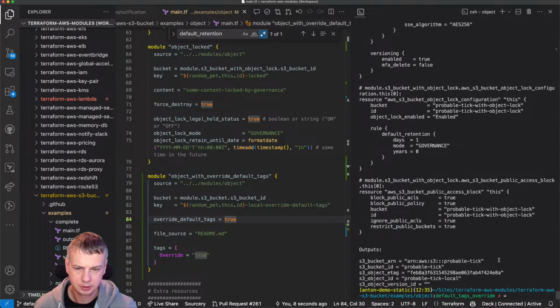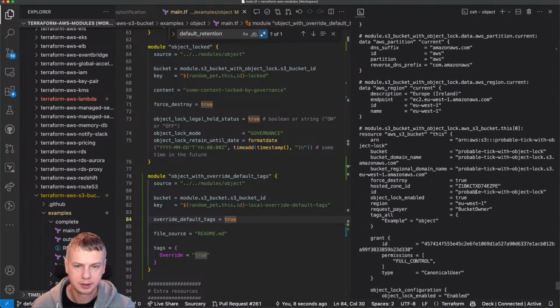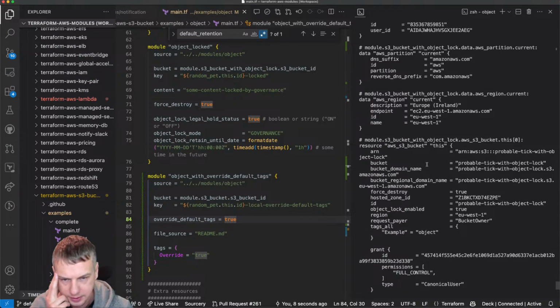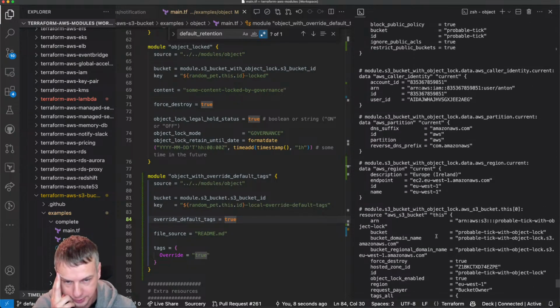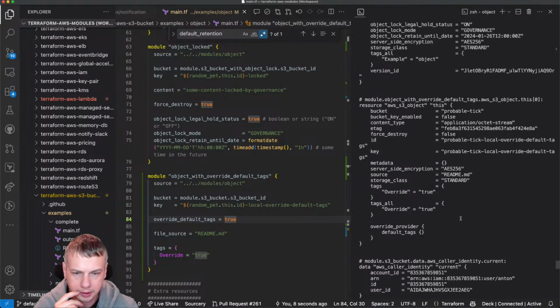T-show. This is just for fun, but again, it can be a good exercise to see the Terraform code which was actually generated from the real resources. So this is from Terraform state file. If I now look for my object, yeah, that's pretty cool. So this is object with override tags. As you can see, it has tags and tags all, and this block is present, right?